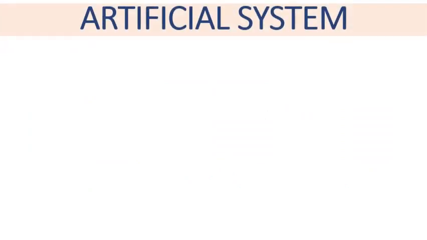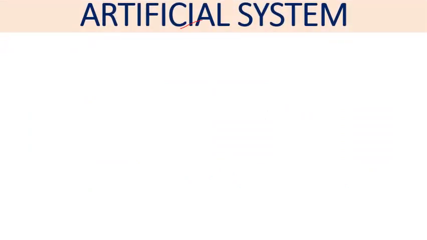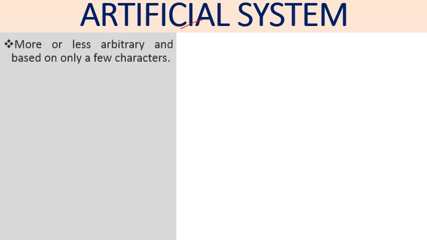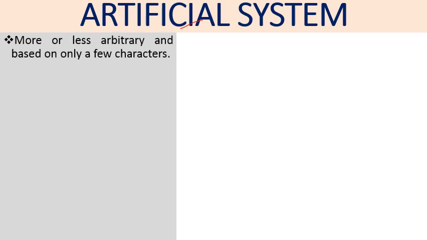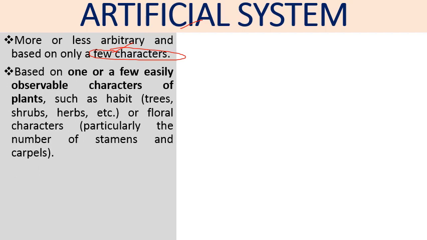Firstly, I will discuss the artificial system of classification. This classification is more or less arbitrary and based on few characters. तो इसमें हम एक या थोड़े से characters को study करते हैं while classifying a plant based on one or few easily observable characters of plants, such as habit of plants. Like we can classify plants on the basis of habit into three categories, that is trees, shrubs, herbs,